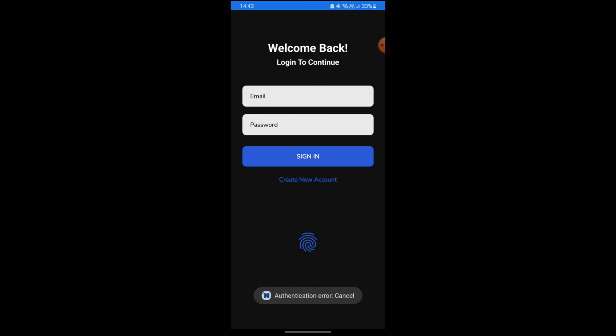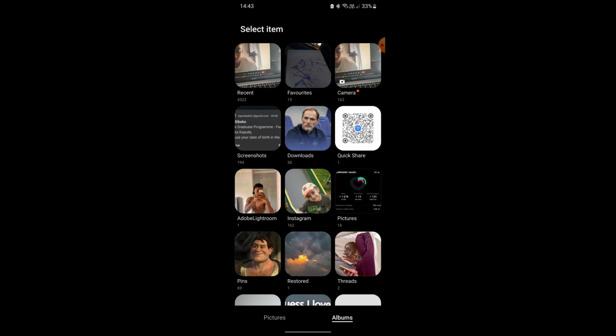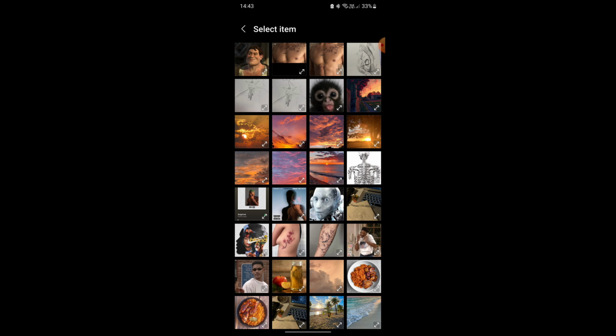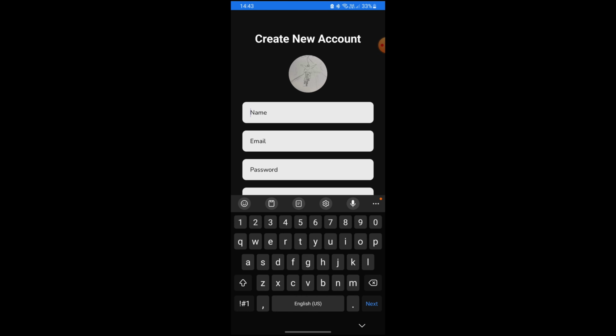application. But for now, I'm going to create a new account so you can see how it all works. So I'm going to go and create a new account and I'm going to be brought into the sign up page. And here, this is where I'm going to create a new account. So I'm going to add an image. I'm going to go here, maybe just add an image. And this is where I'm going to sign in. So I'm going to say